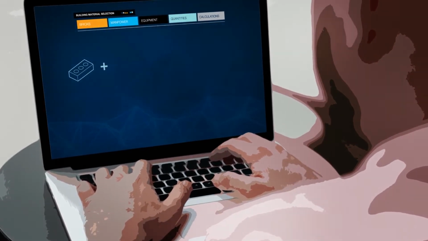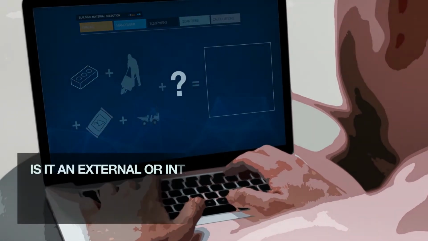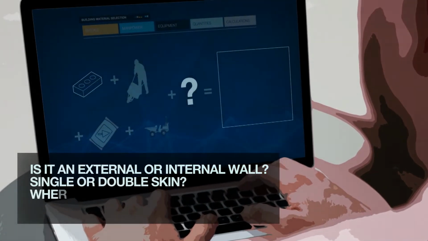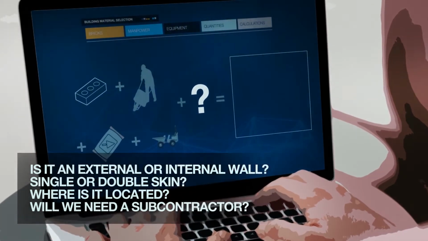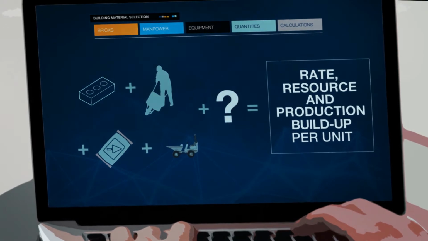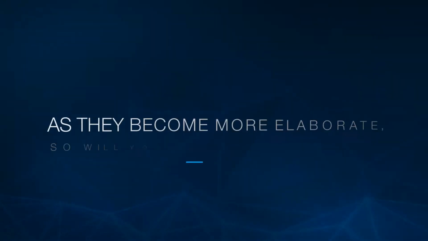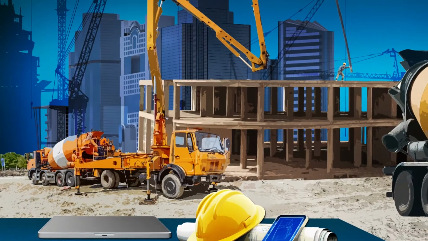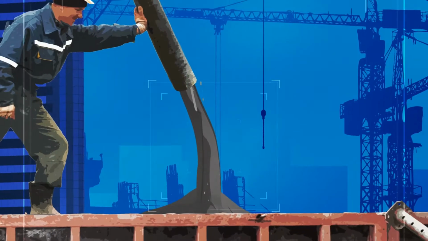The quantity of these resources, their costs and productions, are then combined with the numerous variables, specifications, and factors unique to both the item of work and project. By doing this, an estimator can formulate the rate, resource, and production buildup per unit at which the work can be completed. Ultimately, resources and rate buildups vary in complexity, but as they become more elaborate, so will your cost estimation. To understand how resources and rates are built up using first principles estimating, let's look at a typical resource